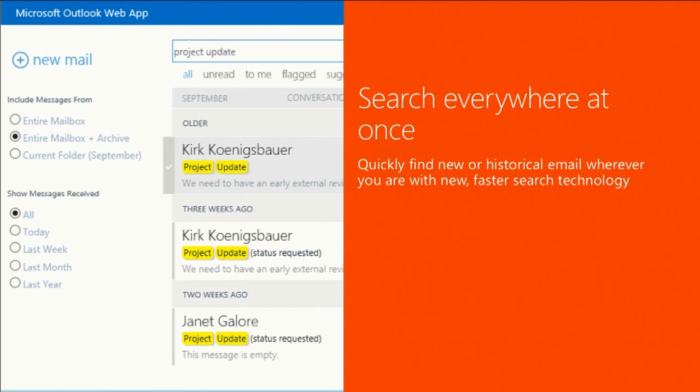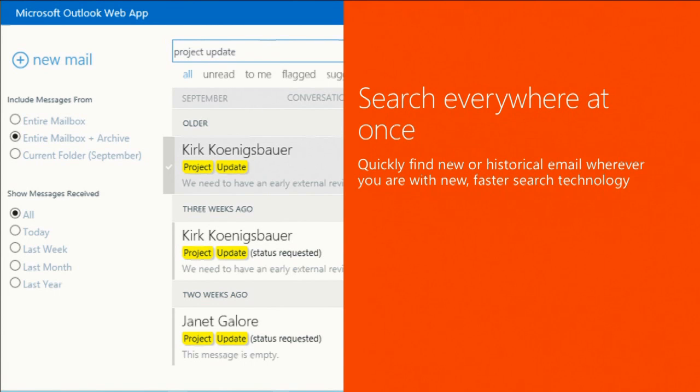Search is something that we've enhanced in 2013. So now it works across Outlook and Outlook web app. When you create a search, you can search the primary and the archive mailbox. And the search results that are brought back, you see single threads which contain mail from the primary and the archive. So from the user's perspective, this is very, very simple, very, very seamless,